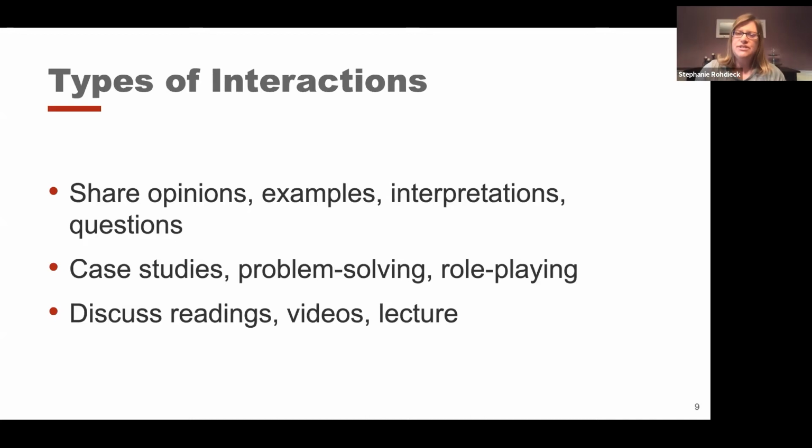Or what questions do they have now that they all read this article or they watched this film independently and now they're coming together? This could be a space to actually have them walk through some case studies and do some problem solving and even do some role playing where you're putting them in small groups and 2 of them are actually trying out two parts of the debate, or they're practicing whatever that kind of skill is.